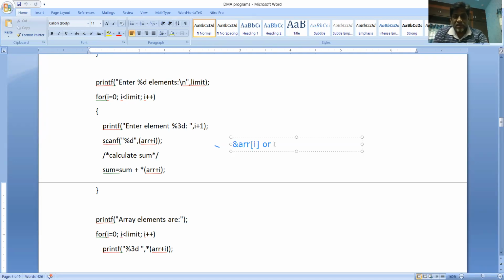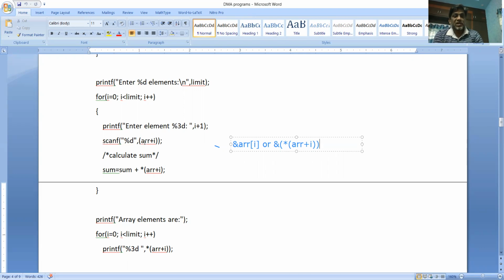Another way is address of ARR of i can be represented as &star of ARR plus i. Okay, so there are three possibilities to write this statement in pointer notation, either this way or this way or this way. If you write this way also, ampersand and star will be cancelled together because one is address and the other one is a dereference. Therefore, the result is going to be ARR plus i, which is taken over here. Okay, so you can write it anyway.